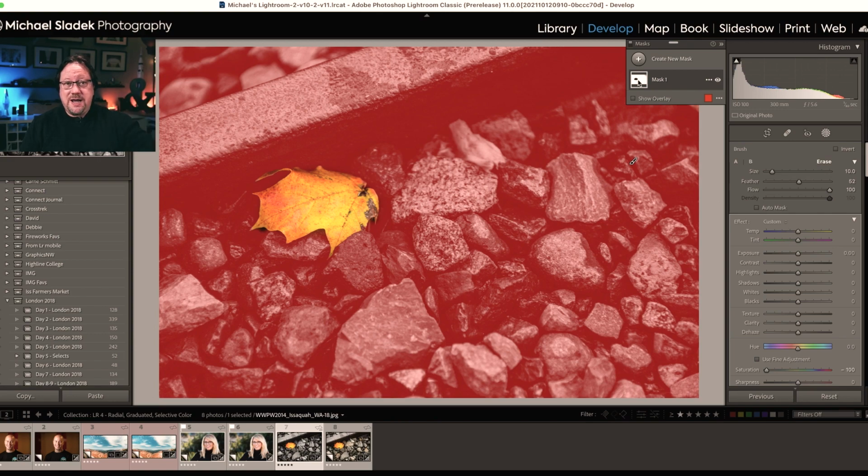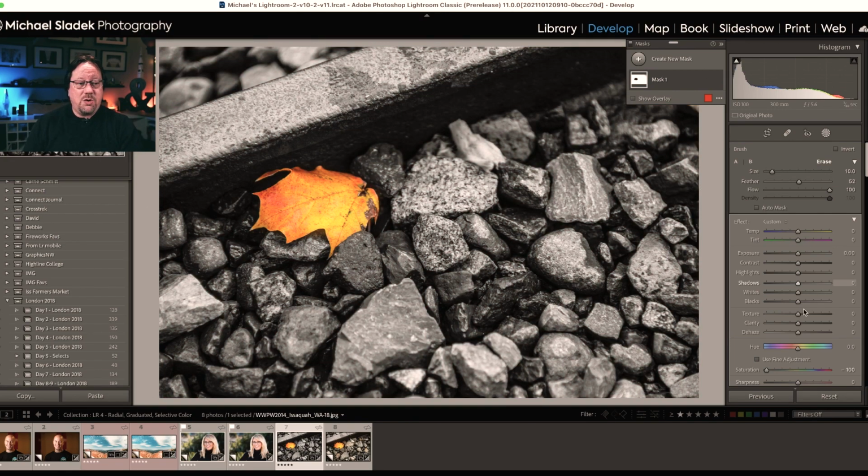So wherever it's red is going to be affected by what I do next. With the mask active, I don't want it to be pure black and white, but I want it to be less colorful there. I want to pull attention to the leaf. The way I'm going to do that is to bring the saturation to right around -50. So I take a lot of the color out of the rocks, the wet, shiny rocks, so that it increases